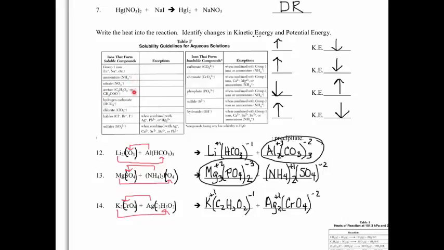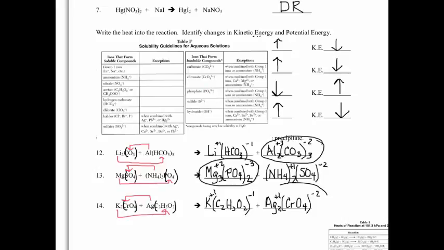Oh, here's acetate right here. Always soluble, absolutely no exceptions. So let's go ahead and look up chromate. Here's chromate. It's typically insoluble. We want to make sure silver doesn't make it an exception. Silver is not a group 1, calcium, magnesium, or ammonium, so it is a simple chromate that is insoluble, meaning